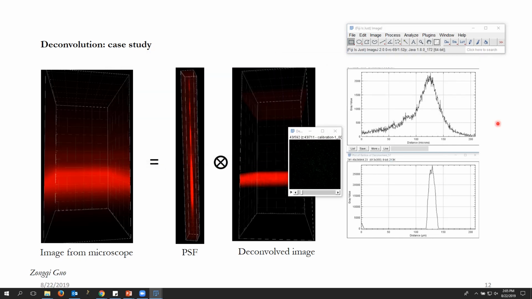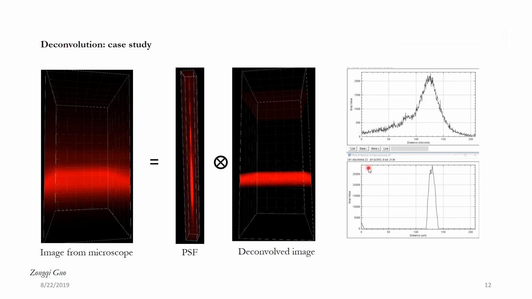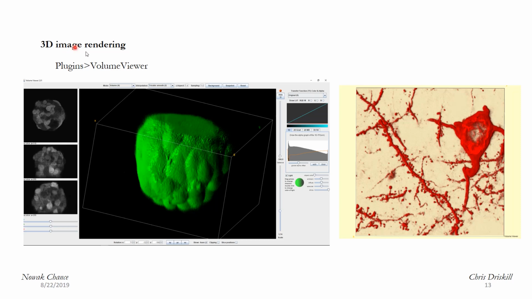Awesome. So now let's move on to the next topic, which is 3D image rendering. This will be useful when you want to show a 3D object in space for a good publication quality image. So for example, here we got a chance to image a spheroid from Novaxians. This is a cancer cell spheroid, and you can see that it is sitting on a glass surface, and it's sitting so nicely on the glass surface. This is actually an inverted image, and we can do 3D rendering like this and put shadows and things like that. So how do we get that?